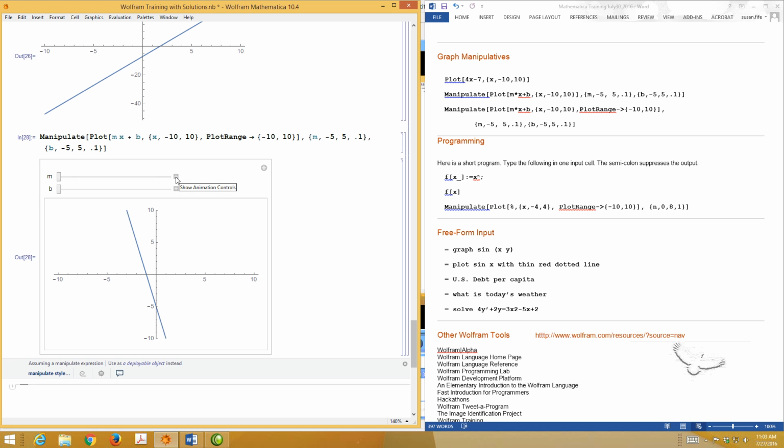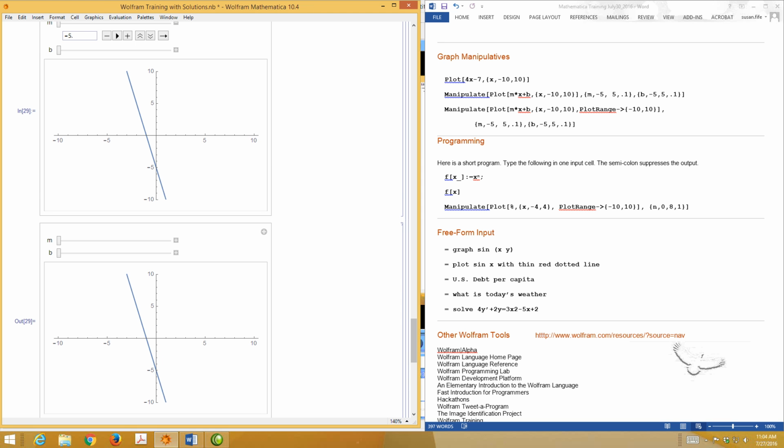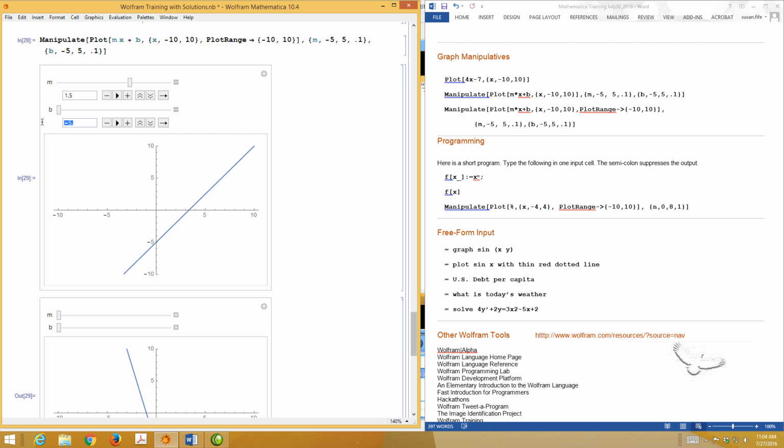Notice the plus sign here. I can click on the plus, and if there's a specific slope that I want to illustrate, like I wonder if it'll let me do 3/2. No. But I could do 1.5. And for the y-intercept, I could adjust this to